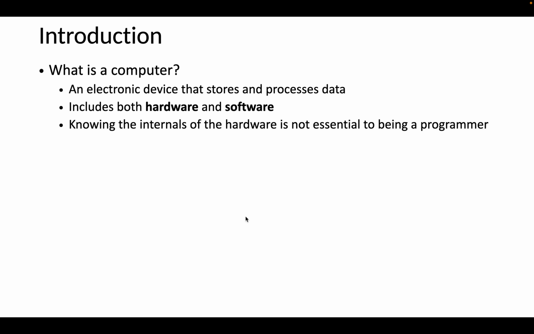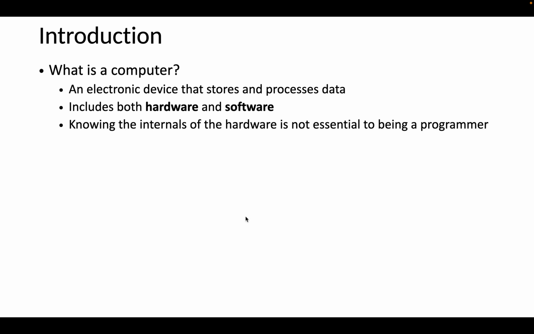A computer is an electronic device that is used to store data and process data. That means we store data and process it to come up with an output, a meaning or something out of the data. And when we say the computer, it means the hardware as well as the software. To be a programmer, you're going to have to know the internal workings of the hardware. However, if you want to do low-level programming, particularly embedded programming, it is very crucial that you know how the